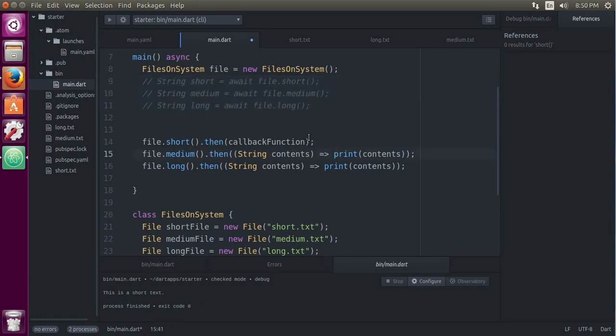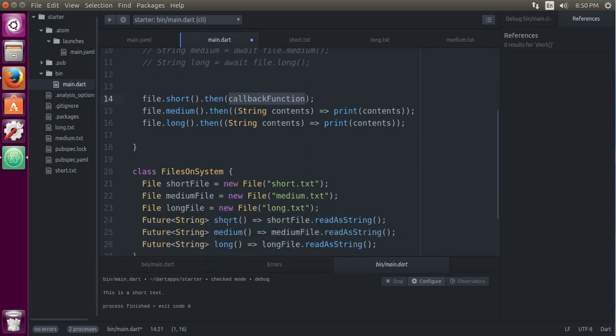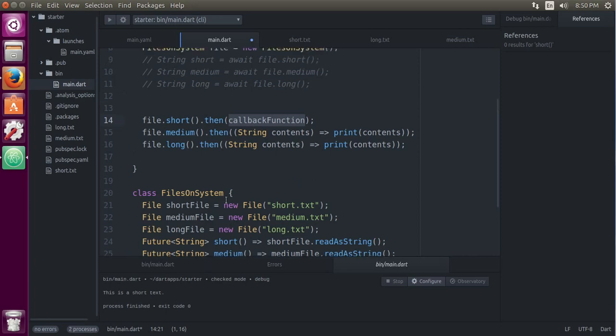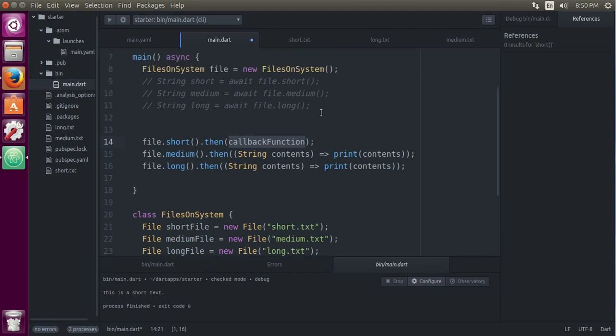What if here I wanted to actually go ahead and say, okay, I want the short file to activate, then the medium, then the long. I don't want to do it all separately. I don't want to do it asynchronously. I want one, then the next, then the next. The first thing is await, right? Async await. That would be the easiest thing to actually do. But in other programming languages, they might not have async await. So what you would have to do is this, then